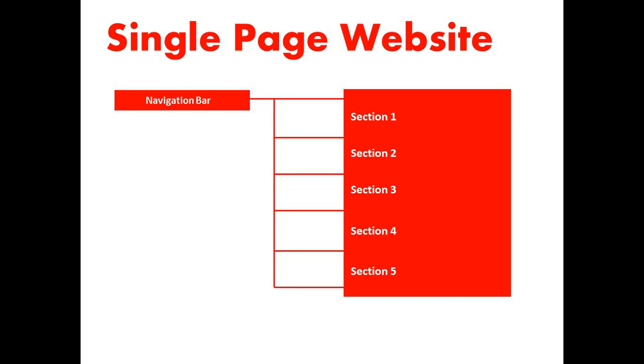I hope I have successfully made you understand why and when you have to design these two types of template, either single page or multiple page. It totally depends on the data that will be accommodated in the website and also the decision of the owner.